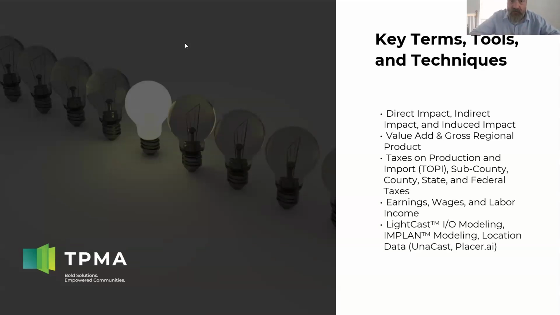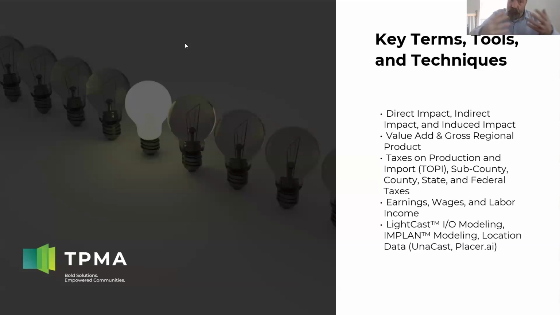If you're a semiconductor factory, you're going to be buying goods and materials and services from other businesses, some within the region, some without, and we're able to isolate that and understand what the regional economic impact is. So the indirect impact is first and foremost the value of the goods and services produced by these suppliers and purchased by the direct industry, the semiconductor factory in this situation, and the wages, earnings, and benefits paid to the employees in the supply chain.